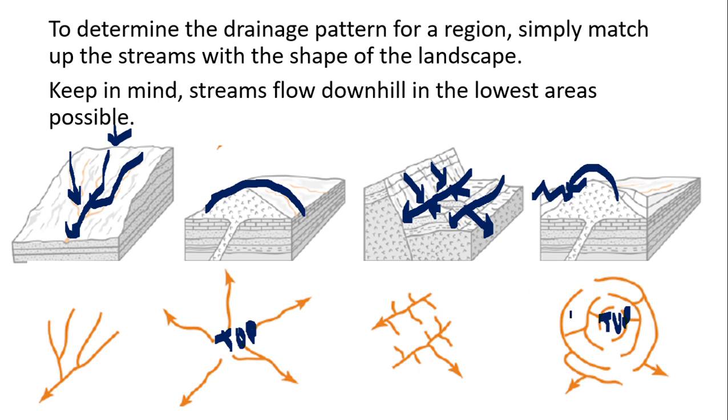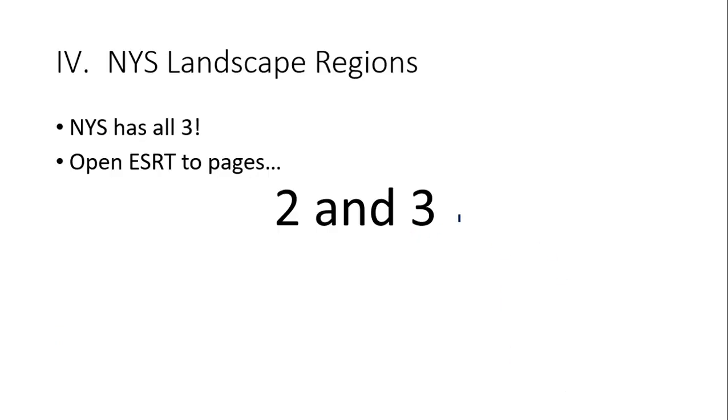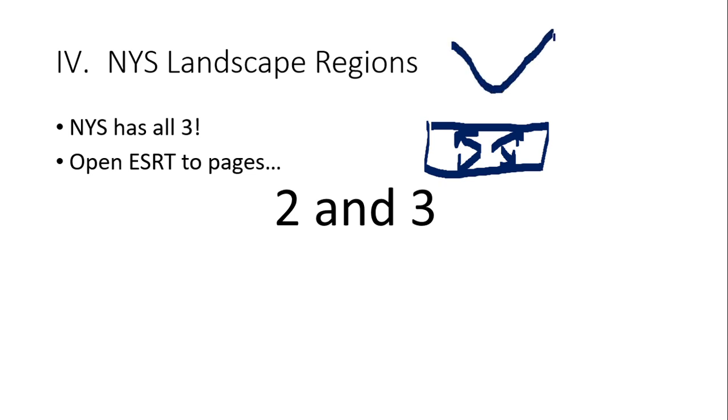Again, picture water moving over any surface. If I poured water on a table that is flat like that, in the middle of the table, the water is going to run over all different sides of the surface because the table is completely flat. Now, if I had two pieces of wood that looked like this, no matter where I pour the water, it is all going to move down into this middle area because that's where it's going to flow. So let's apply that to the reference tables, on page 2 and 3 in the reference